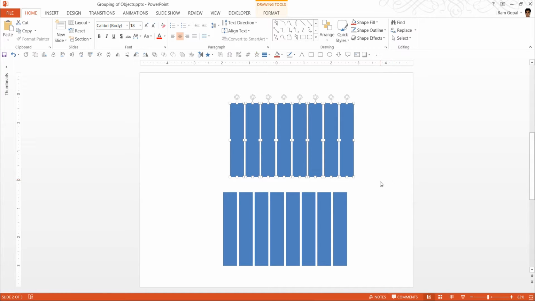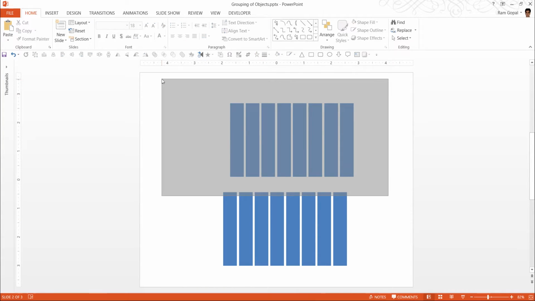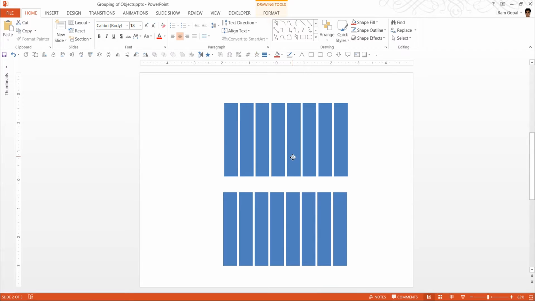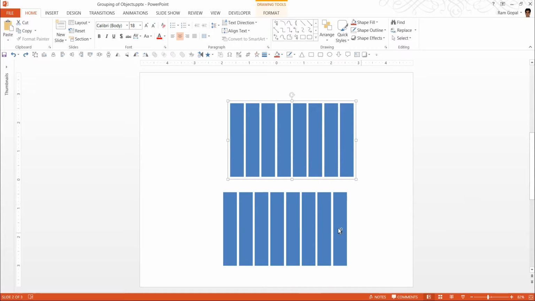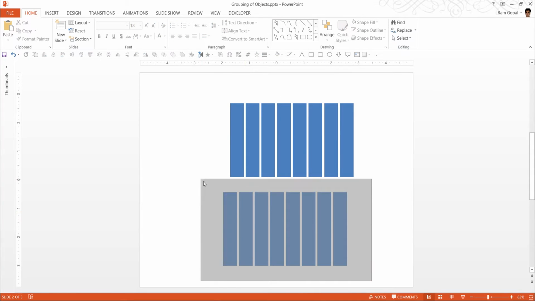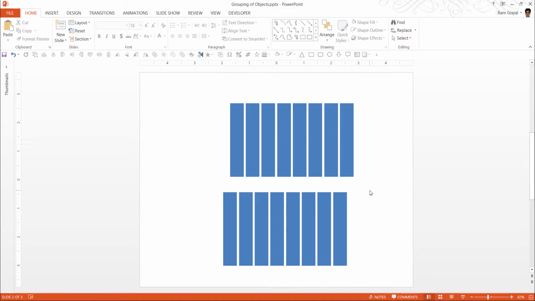Now coming back to what we talked about earlier, aligning these two sets of shapes. When I select these items and use Ctrl G to group them, and select these items and use Ctrl G to group, now I just have to align two items instead of aligning these many items individually. So aligning becomes extremely easy with the grouping function. Now let me go back and keep these elements ungrouped, and I'm going to keep this one grouped so I can show you the distinction. The second thing is in terms of resizing.